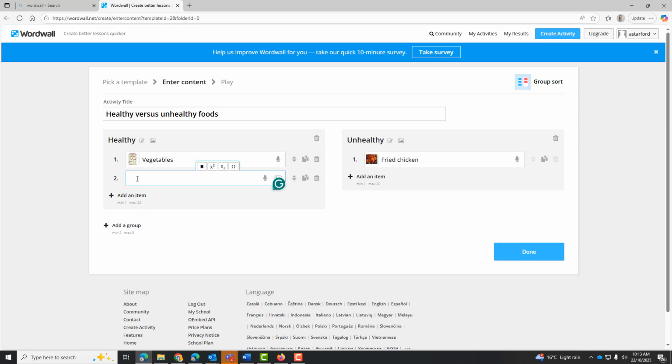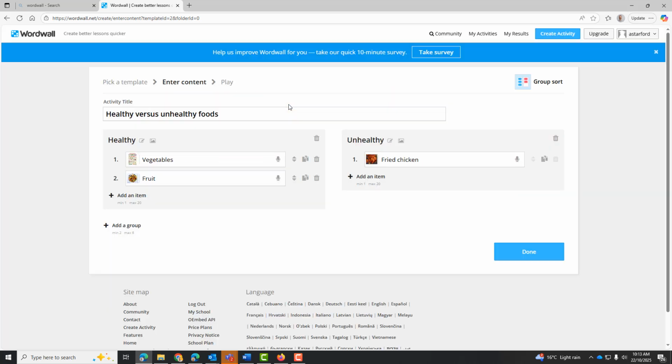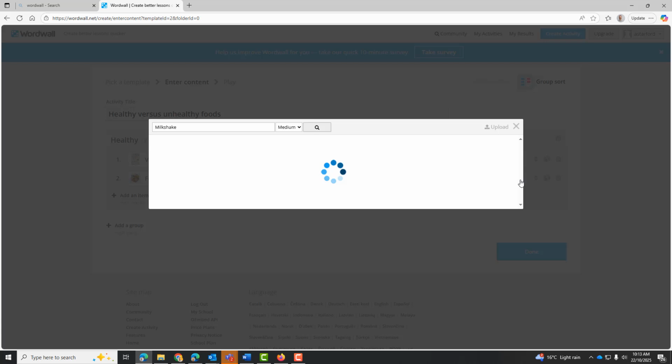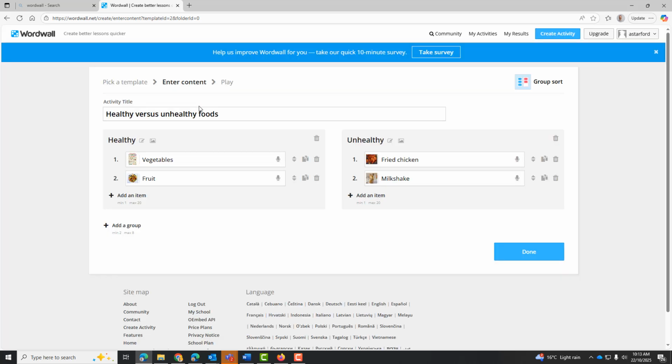Another healthy food item we might put in is fruit. Okay, we have a variety of fruit here in that fruit salad. And then unhealthy, we might put in milkshake. Alright, so I've got something like that. Looks delicious, but obviously it's quite unhealthy. Okay, so I've reached my minimum amount of items. Obviously you can go all the way to 20. Okay, and then once you click done,